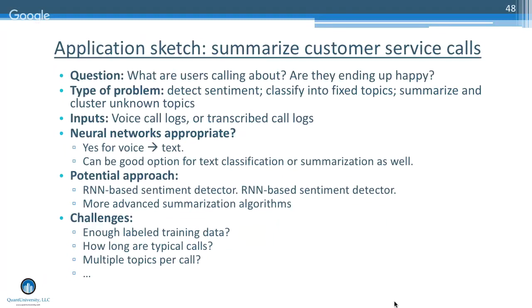Maybe if the call is on a bunch of different topics, you talk about this and you talk about that, you might be happy about one thing, unhappy about another thing. And if it's too long, then at least the simple approaches that we did won't work very well, right? Because you have to trim out too much. You could probably start with just taking short snippets and trying to say, look, let me just take a 30-second segment from the end of the call and see if you seem happy then.